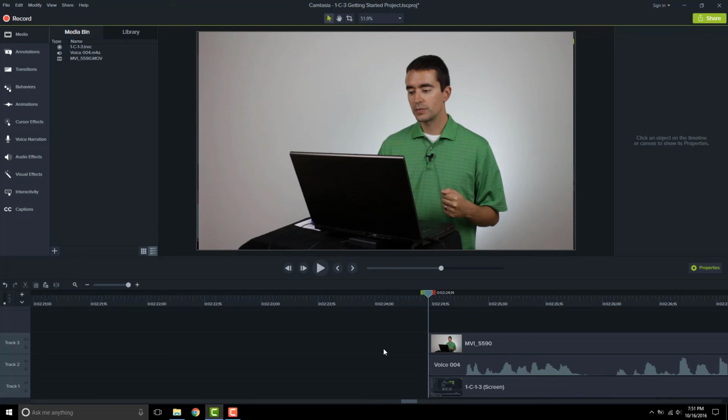If I say, well, you know, I don't really have my mouth open that much on this frame, maybe I just want to delete one single frame. I can hold down the Shift key while I go to the right, so that was Shift and period, and that grabbed one frame, and now I can do Control-X and cut it. Or if there were more, I could hold down Shift and the right, right, right, maybe I want these three gone, and then Control-X, and those are gone. Okay, so if you have specific frames that you need to remove, this is one way that you can get in as detailed as possible to remove exactly what you want from your video.